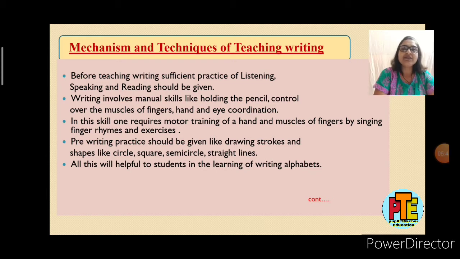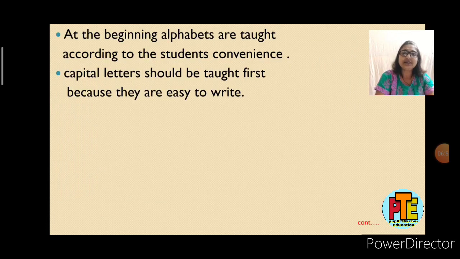The practice of singing finger rhymes and drawing shapes and pictures should be conducted till the students are able to write correct alphabets on paper. When the teacher starts teaching writing of alphabets, the teacher should teach it according to the convenience of the students. They should not face any difficulty while writing. The children know drawing strokes, straight lines and curved lines. So if you observe the capital letters, you will find that more letters are formed with lines. So it is possible that the children will find it easy to write capital letters at the beginning.